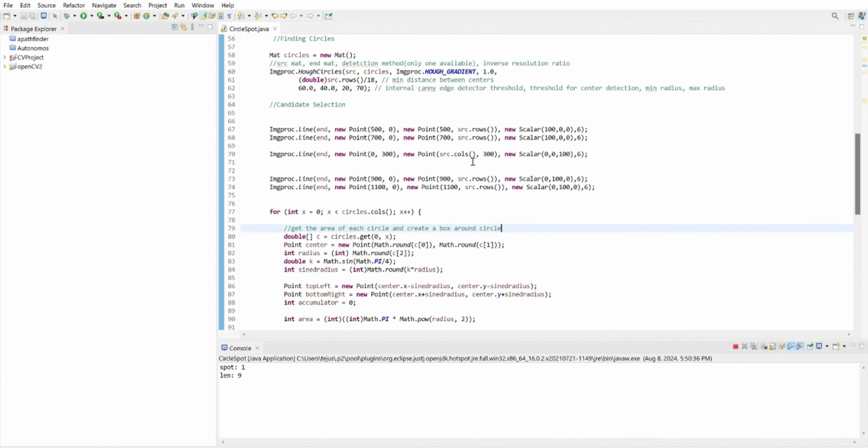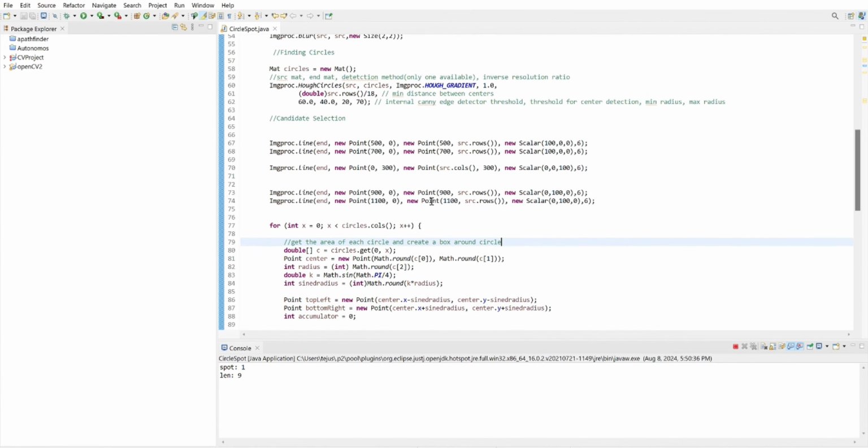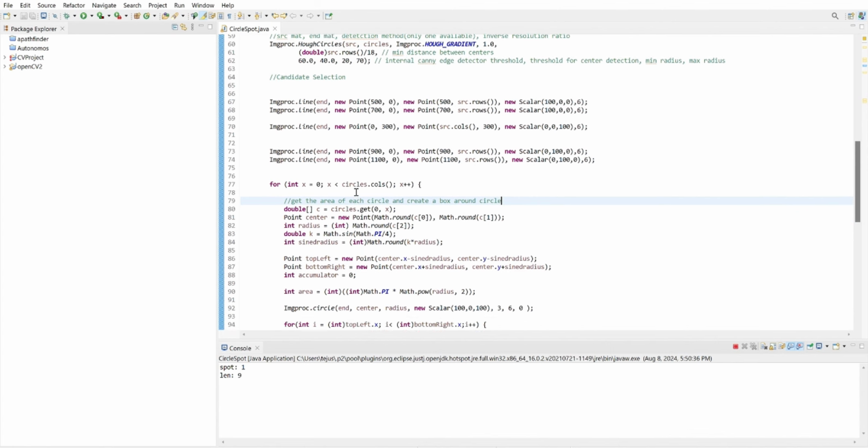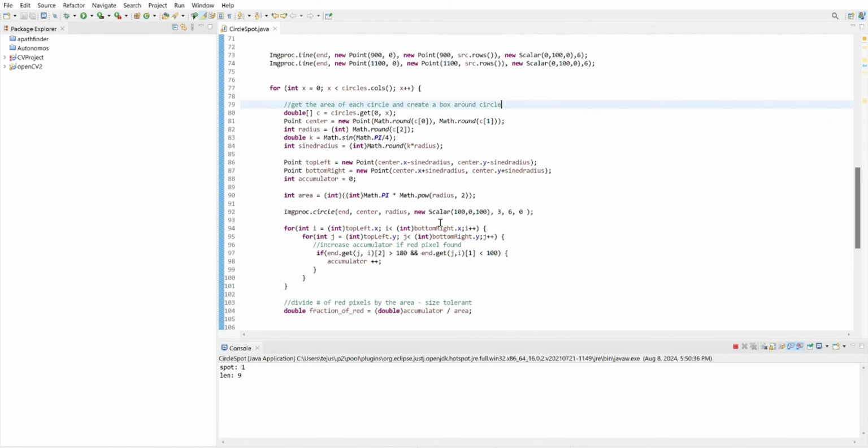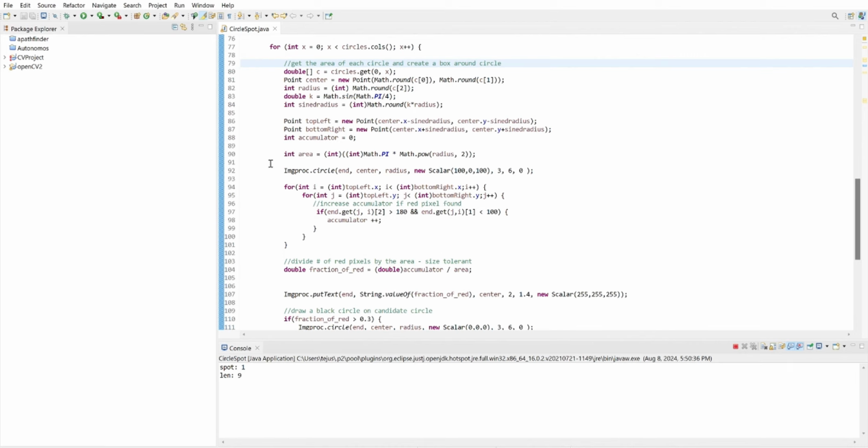But once we have all those circles in our circle matrix, I run a for loop, and for each circle, I get the area of each circle and also some coordinates for a box around that, just using the sine and everything. So top left, bottom right coordinate, and then the area you use finding the radius and just squaring that. And we draw a circle here, and then for each circle, or for each rectangle, I'll say, we use a